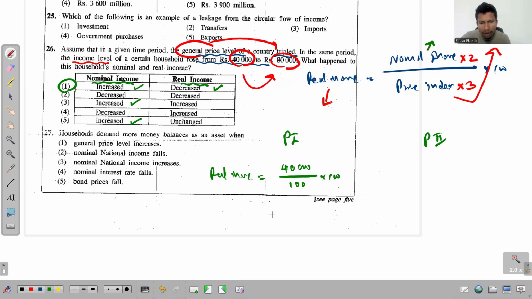This is again multiplied by 100, so the real income is still 40,000. And when it comes to period 2, see what has happened to the nominal income. Nominal income has become 80,000 and the general price level has tripled, which means if it was 100 previously, now it is 300. So we should multiply this by 100. Simply it's 80,000 over 300 multiplied by 100. So the answer is